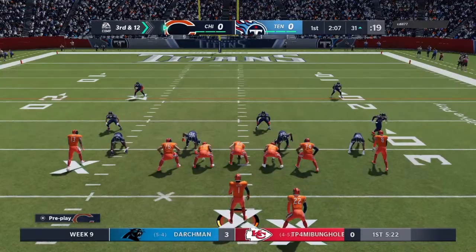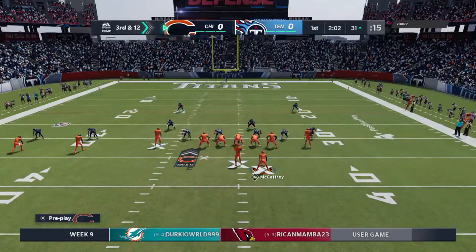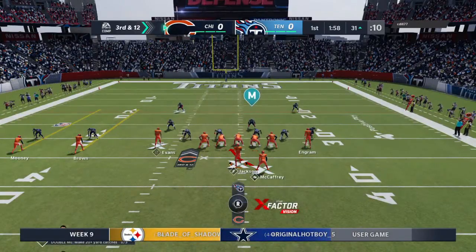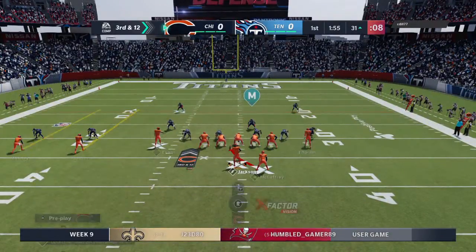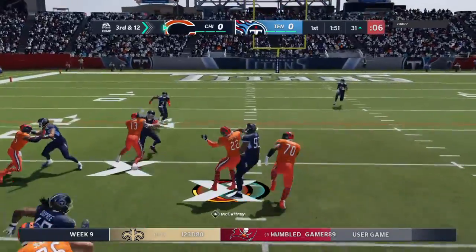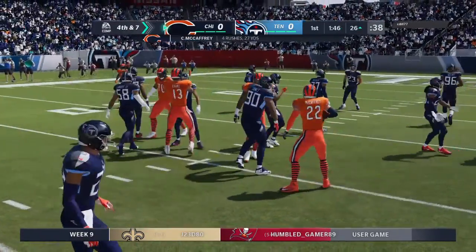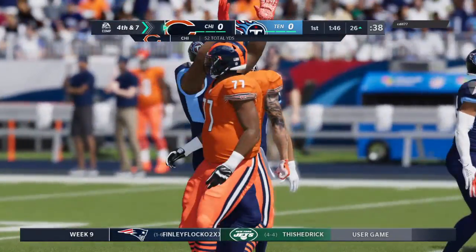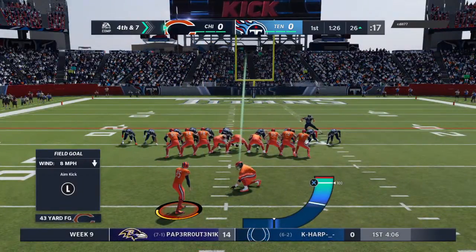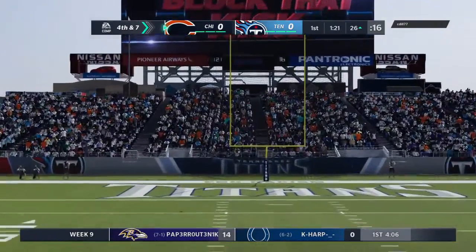An extra defensive back out there for the Titans now here for 3rd down. From the shotgun to McCaffrey. And this will not get close to the 1st down marker as he's brought down at the 26. It's a gain of 5 on the play, and it'll bring up a 4th down. Frustrating for a defense, energizing for an offense. Finding a way to create that type of yardage in your running game, that'll make the guys carrying the ball